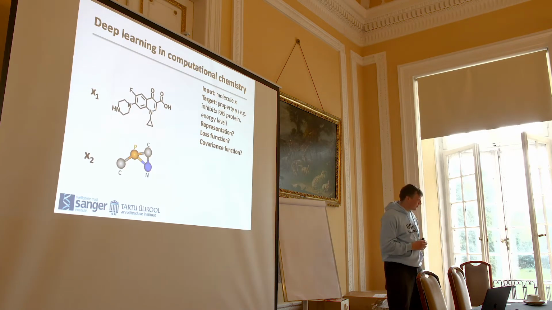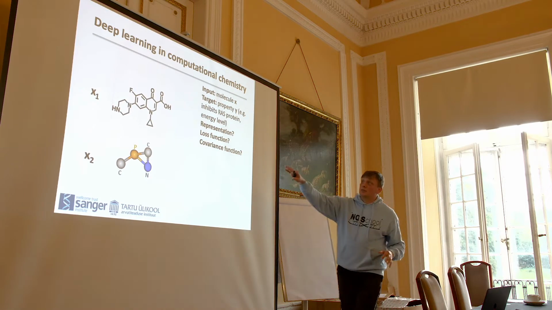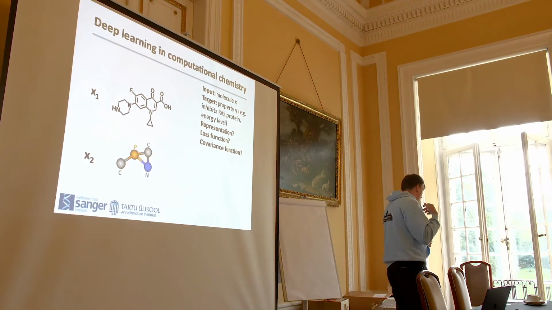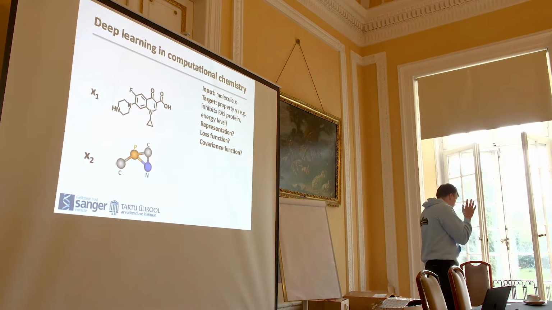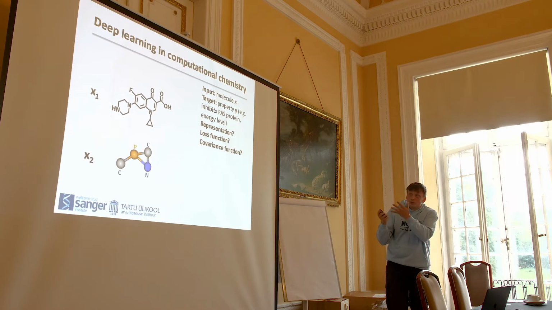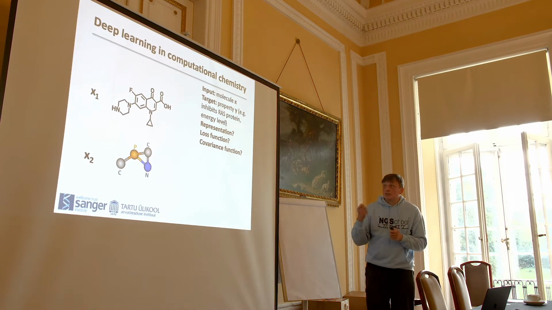Computational chemistry. So again, 40 seconds. Your inputs are these chemical structures. Your output can be something like a property. Does it inhibit KRAS? Or what's the sort of energy level of the molecule? What's the way to represent this in a computer? What's the way to compute a loss against a property or even just self-encoding?